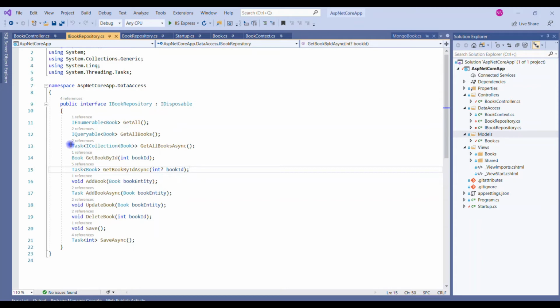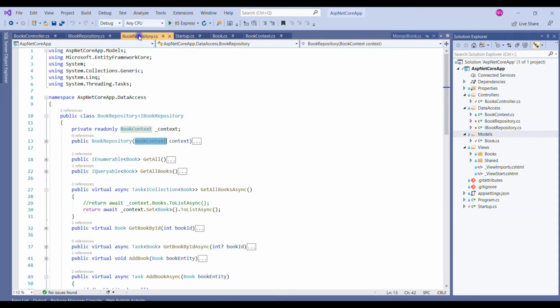And you can see further the GetAllBooks. This is an asynchronous version. Let's see how we are implementing all these. We can see GetAllBooksAsync, GetBookByIdAsync, and we have the non-asynchronous versions as well. I mention both of them here because at the time of implementation I will show you the actual difference between those, because it's not easy when you are actually going to implement. It looks easy. So let me show you the complete implementation.